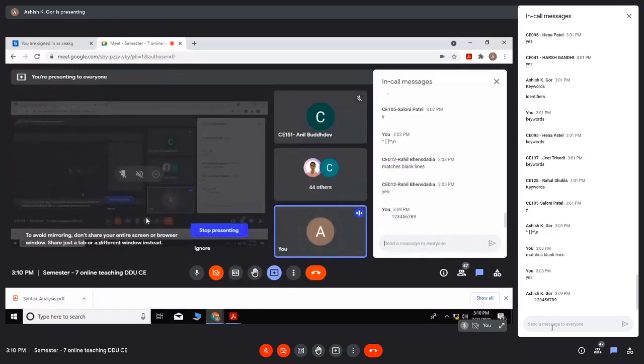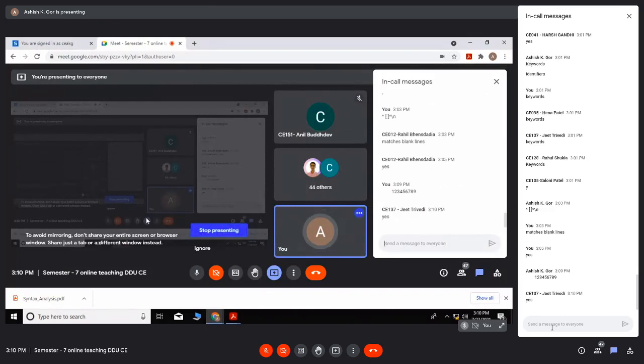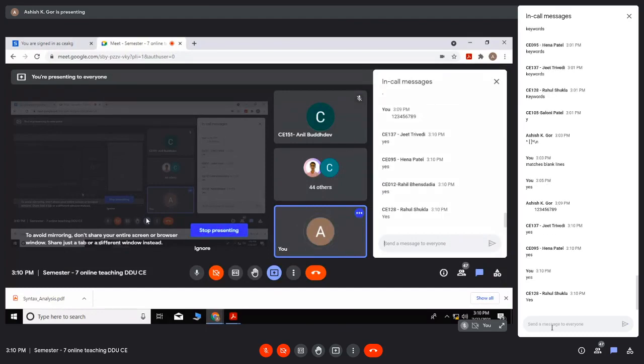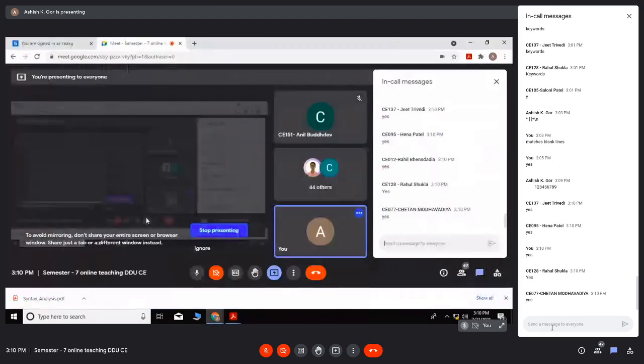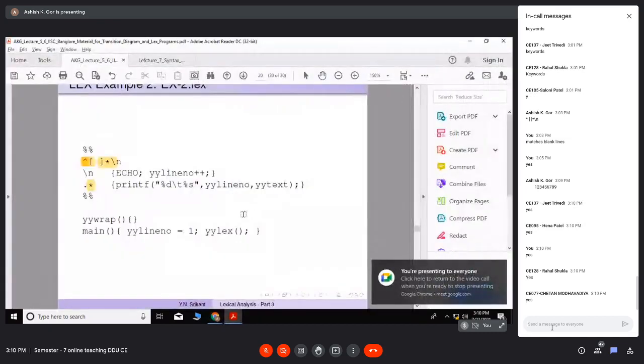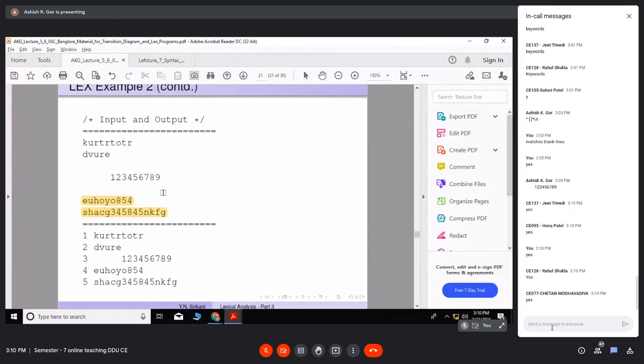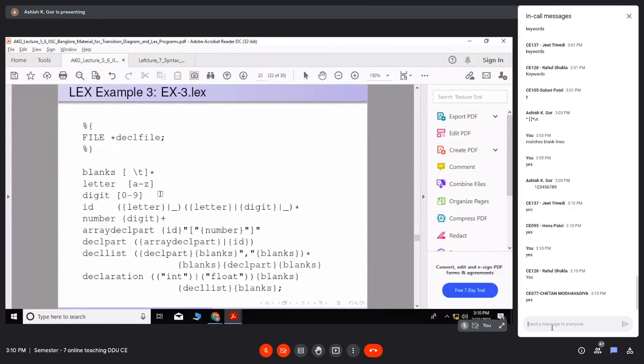Are you getting why it is matching with the third one? Because the third one is the longest match. Am I saying correct or not? Rahil, Saloni, yes, Anna. Okay, fine. So this is the corresponding output. Similarly, this is 4 and this is 5. So this is the corresponding output.